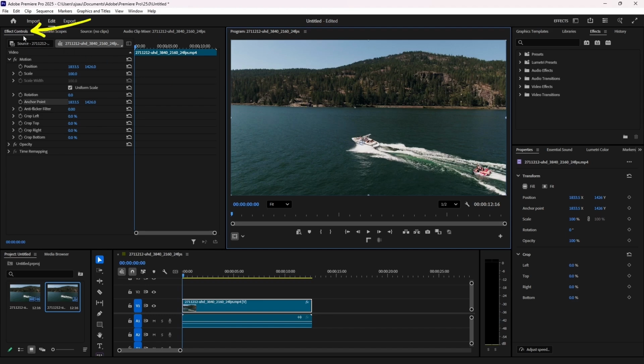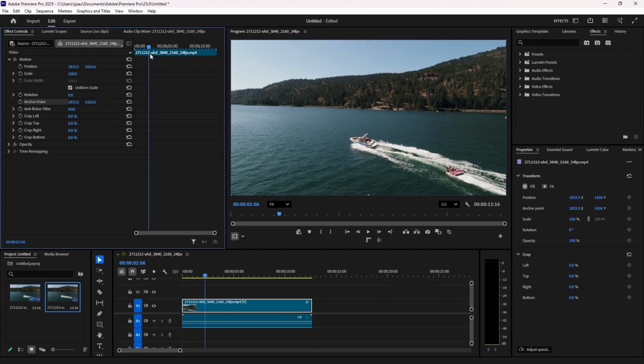Then navigate back to Effect Controls, find this little timeline here, and move the playhead to the point where you want to start zooming in. Let's say here, then go back to Effect Controls, find Scale, and then click once on Toggle Animation for Scale. Now we have added our first keyframe here, and this is the point where we will start zooming into our